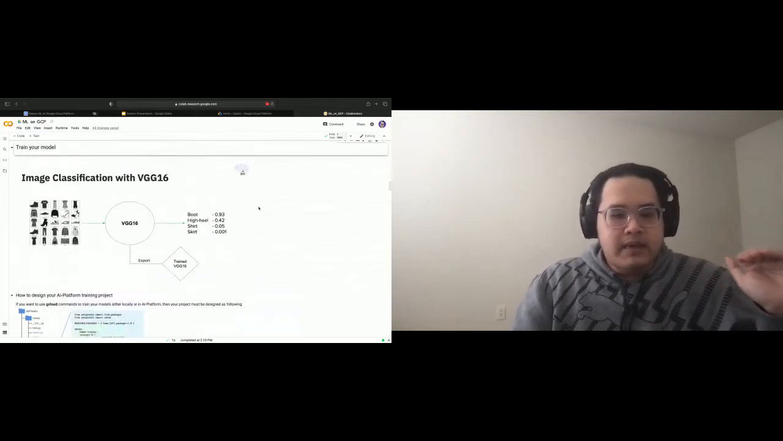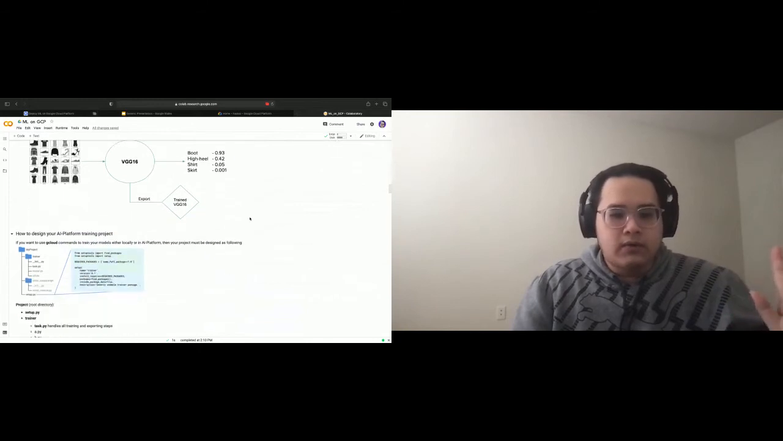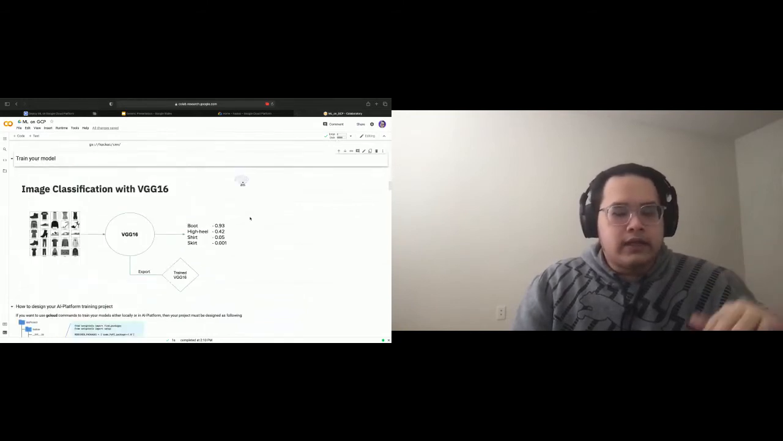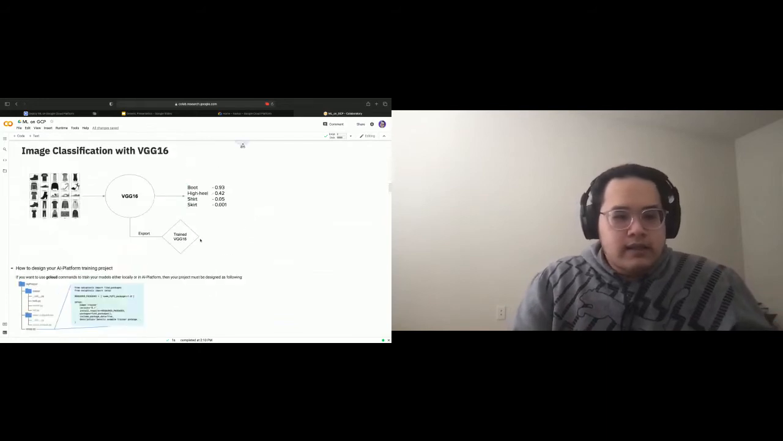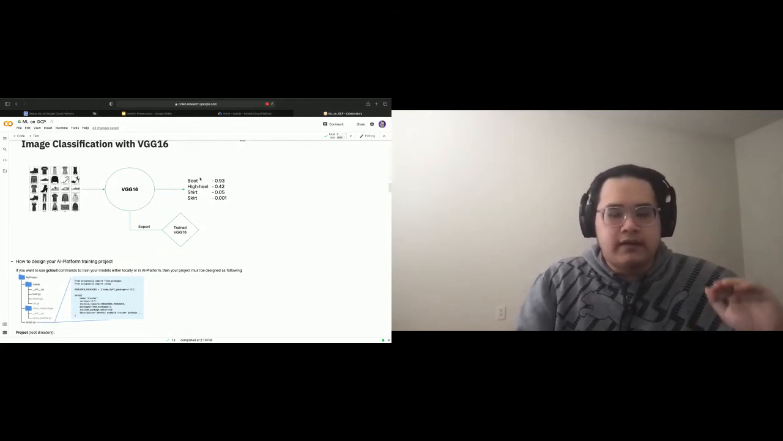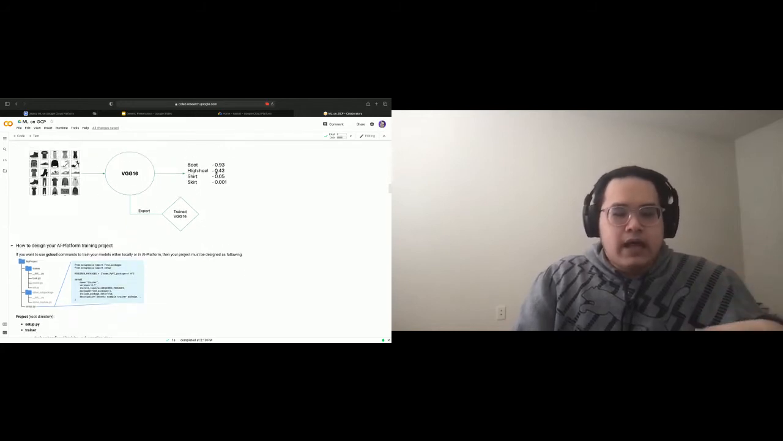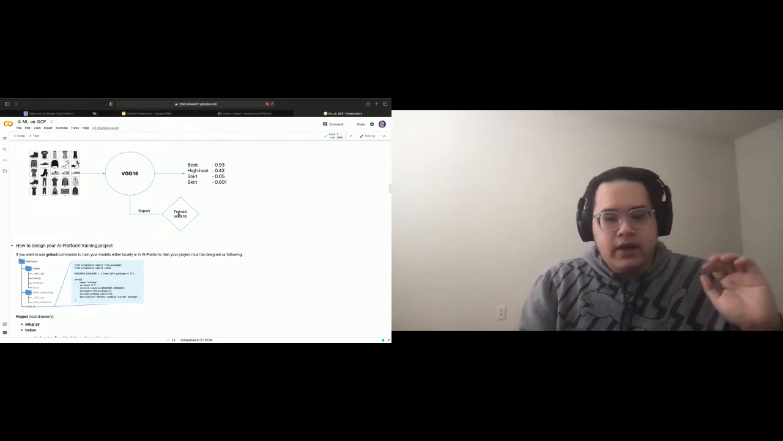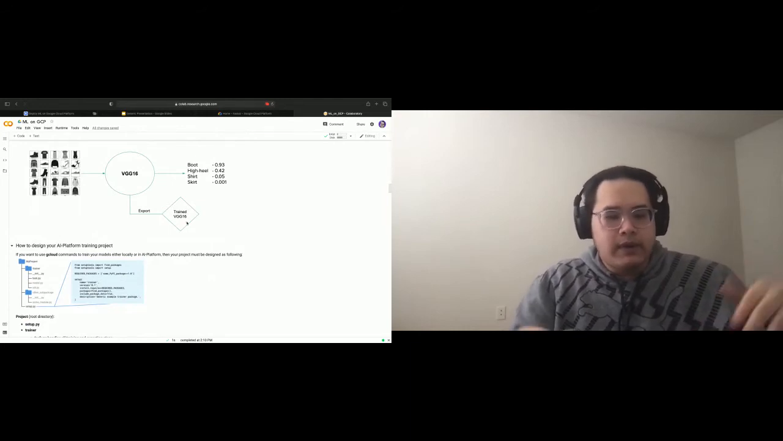Here I just go over how to train the model on the Google Cloud Platform. As I said, we have the dataset of clothes, and let's say you try to build a convolutional network to classify whether the given image is a boot, a square, or a shirt. After your training, you need to export your model. That model will be a trained model that will be deployed into the Google Cloud